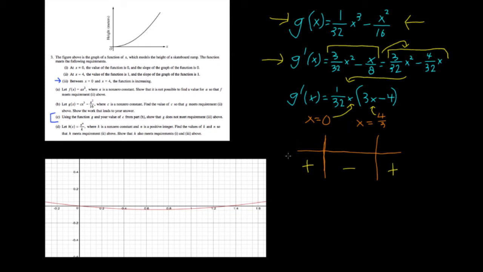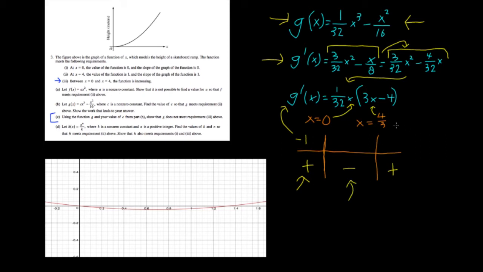So what this means is if we plug in, let's say, -1 into this g prime of x, 1 over 32 times -1 is a negative number. And 3 times -1 minus 4 is -7. So a negative number times a negative number is positive, which we have right here. We can plug in 1, so 1 over 32 times 1 is a positive number, times 3 times 1 minus 4 is -1, so a positive times a negative,